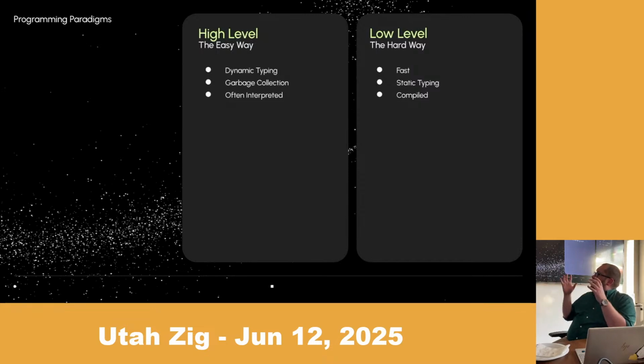At a high level, a lot of times you have dynamic typing, so you can build things quickly. You have garbage collection, so you don't have to worry about memory management. These programming languages are often interpreted, which does come with its own benefits. You've got things like Lambda that works really well for interpreted languages, but not very good for compiled languages a lot of the time. And as we talked about earlier before we started, the perception is that deploying something to somebody else's computer is going to always be a lot easier.